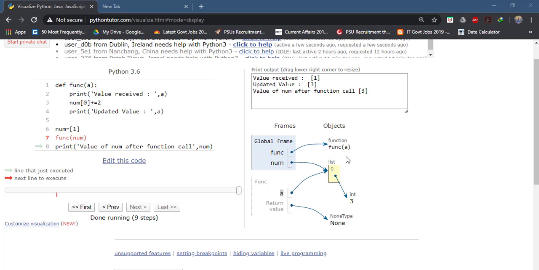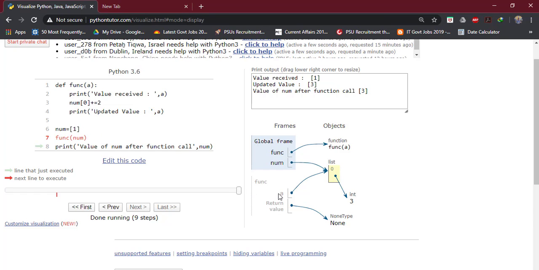So what do you think is the main difference between these two programs that we have discussed? In the first program we were passing an integer argument, and in the second program we are passing a list argument. So what is happening in this program when we are passing a list argument?